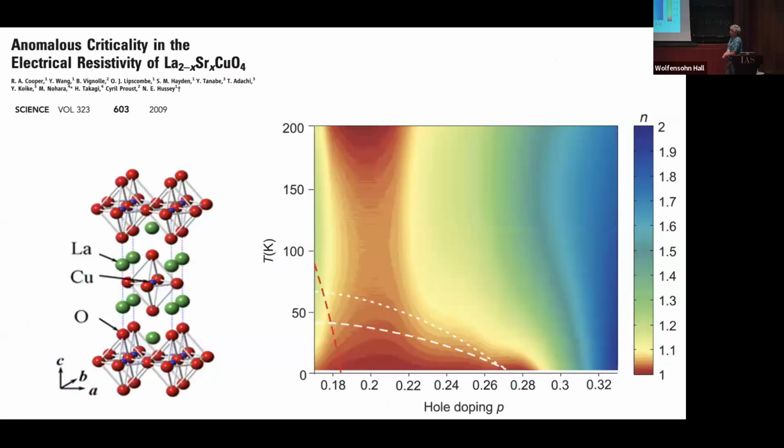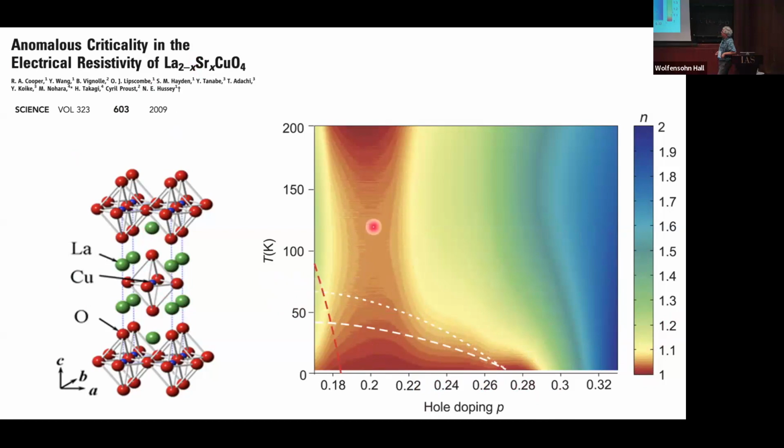So if you look at an actual phase diagram where you suppress the superconductivity and look at what really happens at low temperature, what's much more common is this foot. The regions which are red are where the resistivity is linear in temperature. Regions which are blue are where the resistivity is T squared. This is lanthanum strontium copper oxide. The dashed line is where the critical temperature is, and you've suppressed it down to 0 by applying a magnetic field.